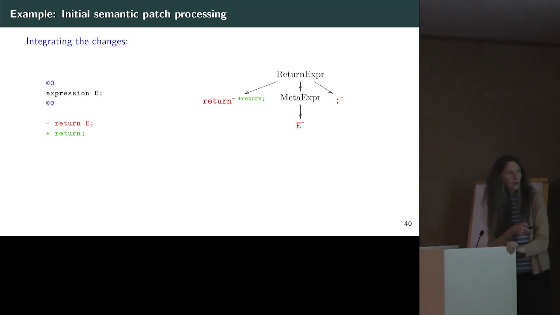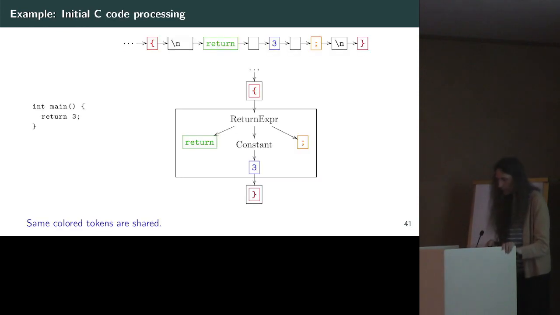Since we're removing all these tokens, we could put the addition anywhere, but from a management point of view, we find it easier to put it inside the thing instead of before or after, and so we put it after this return. You can also put things before, it would come up on the other side, but we're putting it afterwards. Now the abstract syntax tree contains all the information we need for the transformation process. So now we move over,